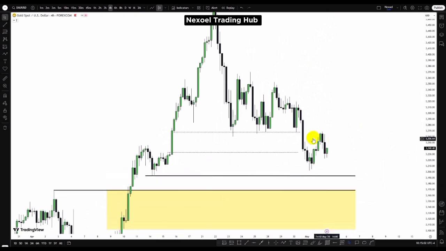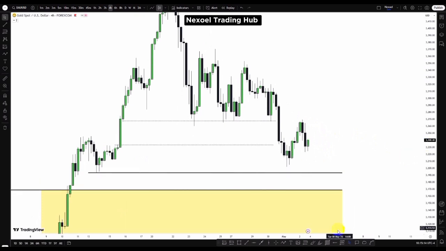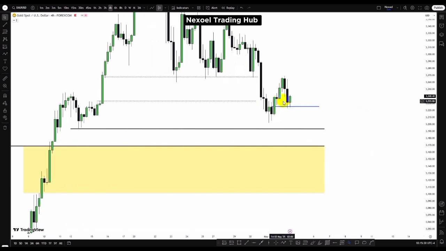And now we can see price created here a bearish fair value gap in the 4-hour time frame, returned to retest, and price respected the mean threshold, and we're seeing price giving us bearish tendency. Though what we can see here in the 4-hour time frame is that price is reacting to this block. So if price violates this block, then we're looking at bearish movement into the zones. We'll be looking at the bearish continuation,